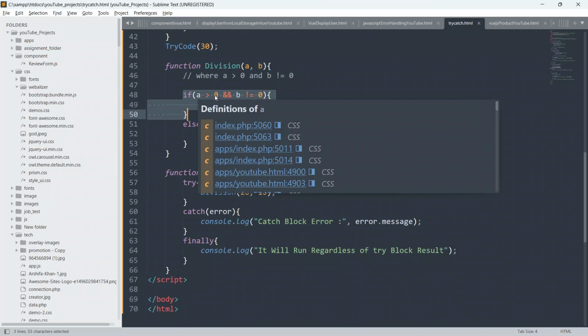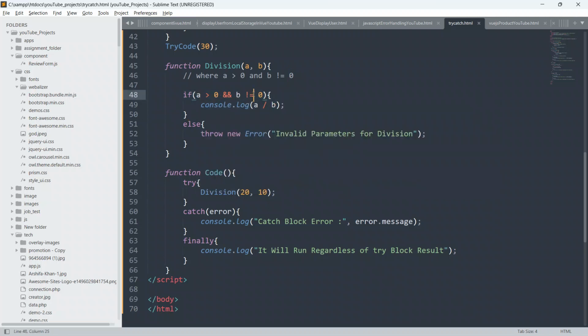If a is greater than 0 and b does not equal 0, then only control will come into the if block, and we will see 20 divided by 10, we will get 2. Otherwise, if the condition is false and does not meet the requirements, the control will come to the else block and it will throw an error saying invalid parameters for the division.